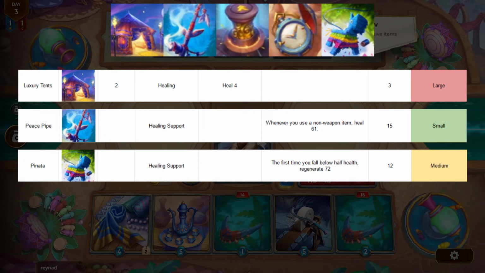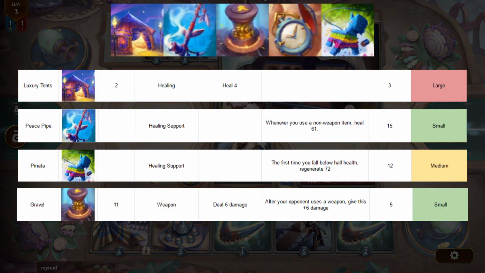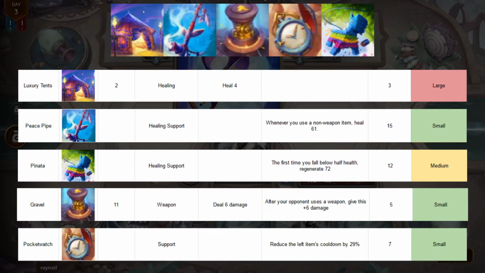So I needed a weapon. Gavel was my go-to weapon. It gains strength whenever they use a weapon, and I paired it with Stopwatch, which halves its cooldown, letting it get out considerable damage. Now, I could have swapped in a Shisha for Peace Pipe if I really wanted,